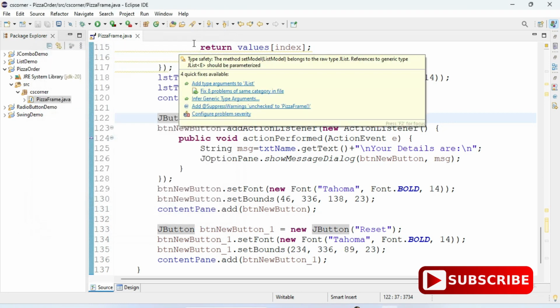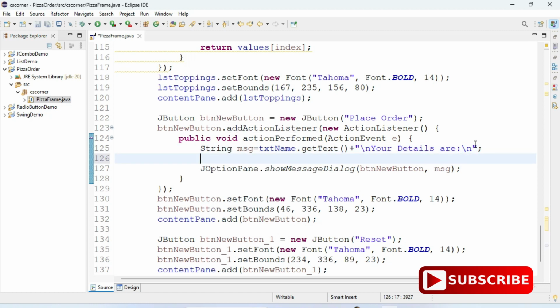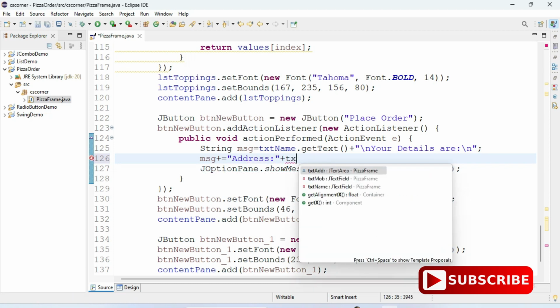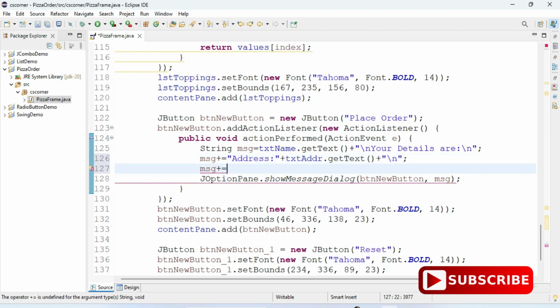So msg plus equal to, I'm just doing concatenation. You can continue in the same line, the first line, line number 125, but just for readability purposes I'm writing in the next line. So msg plus equal to "address:", where is my address? My address is in txtAddr, so I'm just writing txtAddr.getText(). So my address will be retrieved. After that I will be showing the mobile number, so \n.